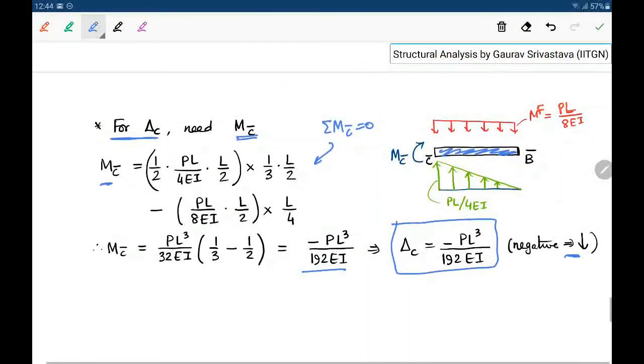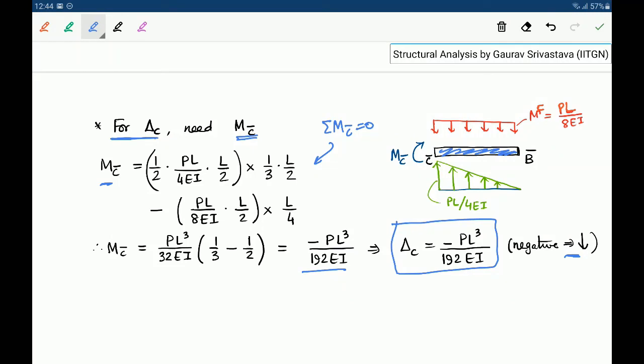So like this you see that this conjugate beam method is quite powerful in certain situations, and it is useful not only for determinate systems but also for indeterminate systems. And the basic idea is that we are converting the problem of finding kinematic quantities of a beam to a problem of finding static quantities of a beam, which is relatively more straightforward.